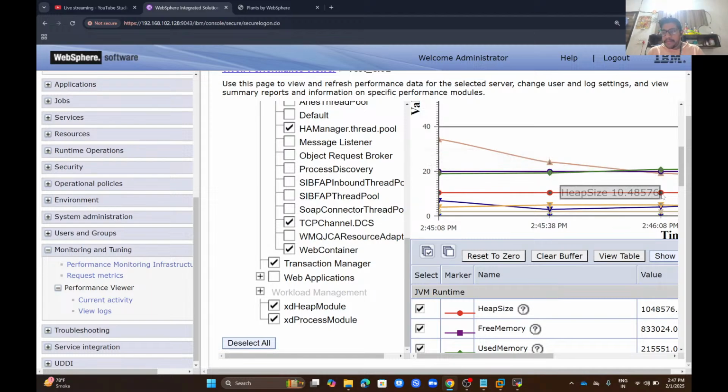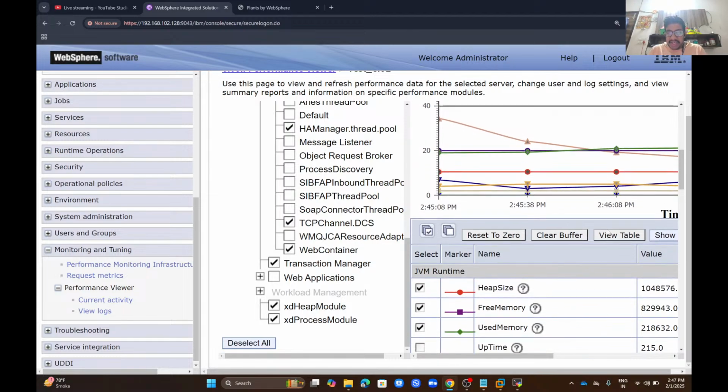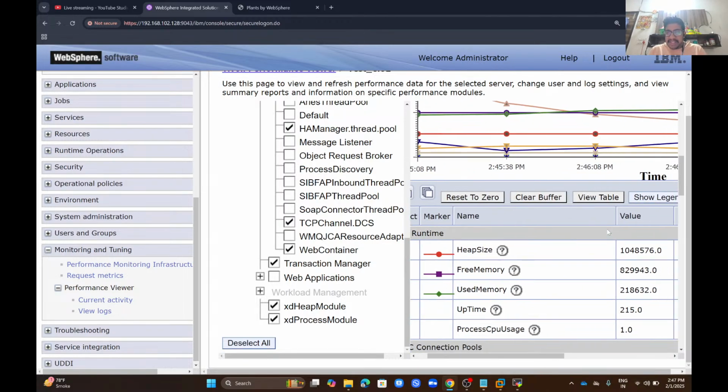19, and heap size 10.48, and active counts 5, and recent CPU utilization 3, and closed counts, and pool size is 20, and used memory is 20.9326 MB. This is the most recent, most asked interview question. The uptime is 215,